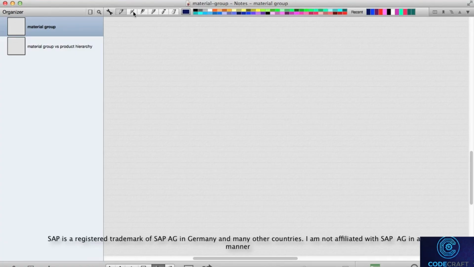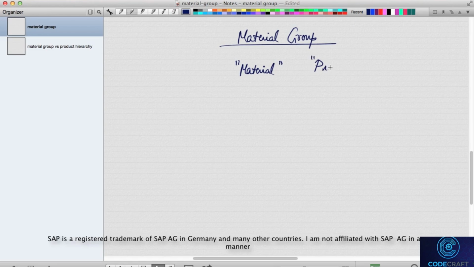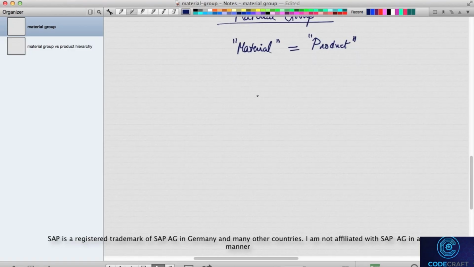So the next question is, what is a material group? Typically, when I refer to material group or product hierarchy, they all refer to the material master. So the word material and the word product are the same. Okay. Now, let's take an example of a retailer